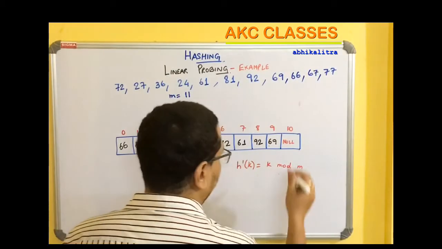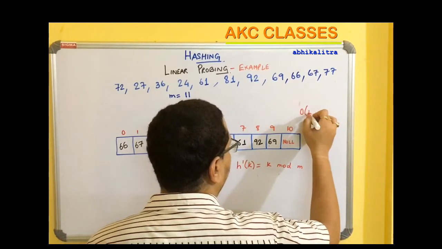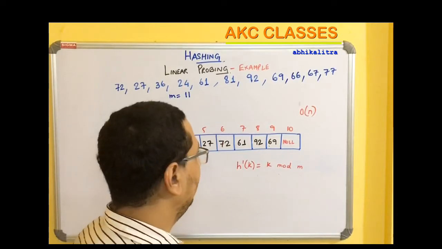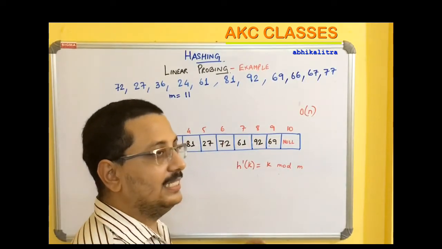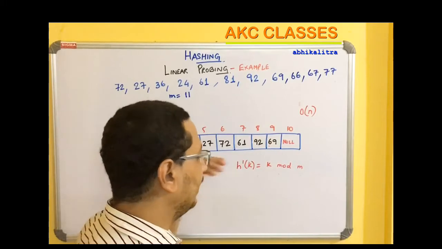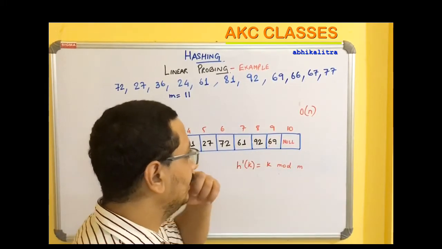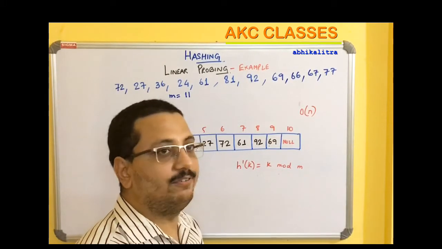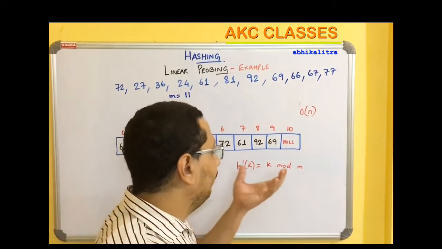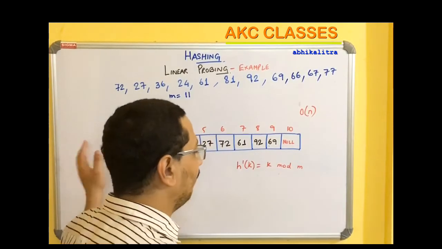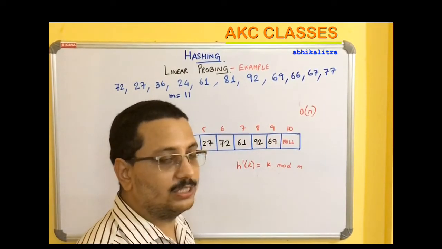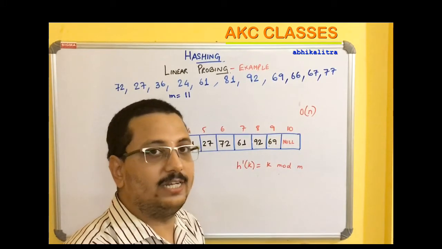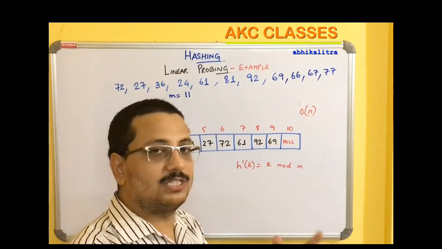In the worst case, the complexity of the hash function will then be close to the linear search, which is big O of n. So obviously the worst case scenario should be avoided, but in some cases it happens, and obviously in those cases this hashing technique will not be preferred, because if I have to perform a mathematical formula and then traverse all the locations to reach the last location of the hash table, it's better to use linear search, because there is no such mathematical formula that we are going to invest our time in.